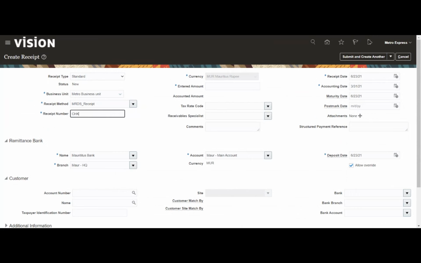So I'll simply say CHK7812. Okay. And I'll say this is amounting to 5,000. Okay. So other details are understandable. That is transaction date and the accounting date.